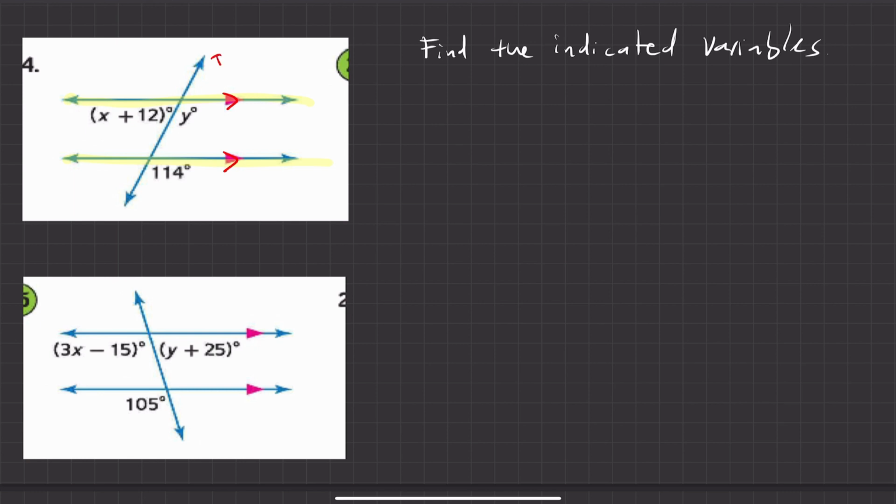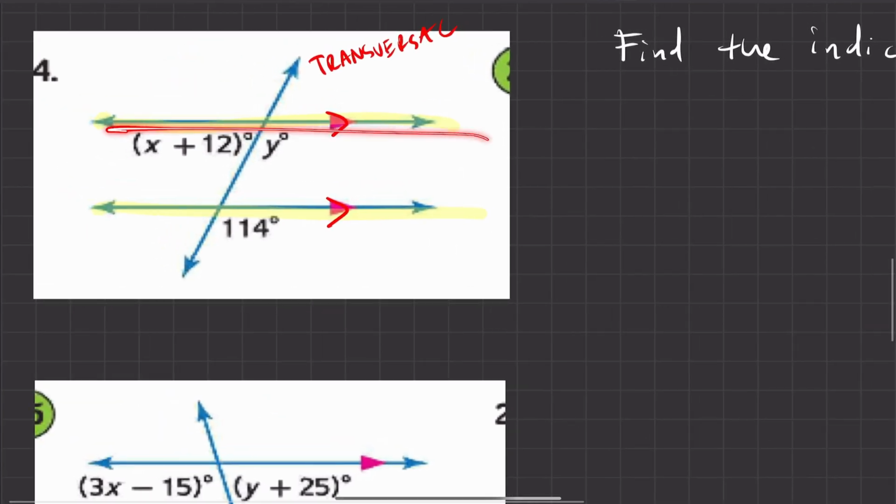So then this has to be the transversal. Okay, so that has to be the transversal. So what I have to do here is think how I'm going to approach this problem. Well, if I know that I have two lines cut by a transversal, and I can see that y is 114,